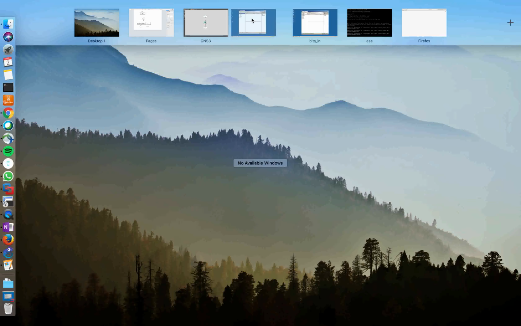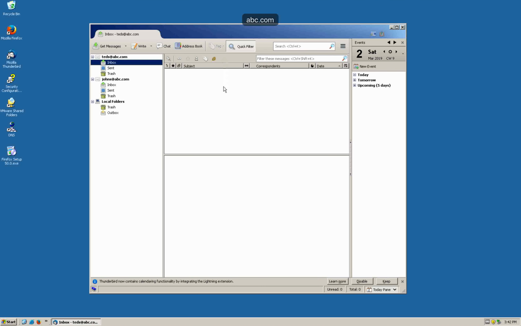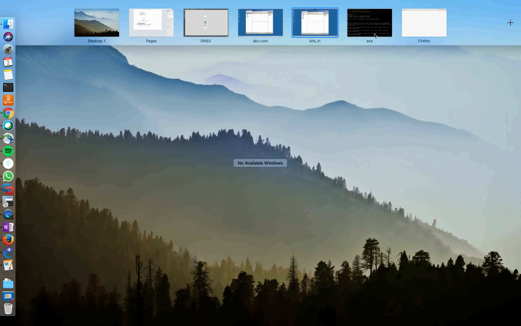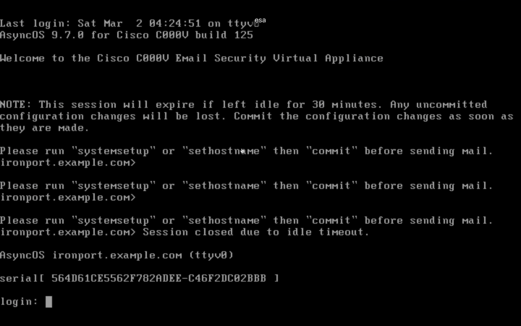Let me just put this on the left. So abc.com is basically my outside network, the outside email server, and bits.in is my inside email server. And the ESA, I have just installed it. I have not done any configuration, and right now